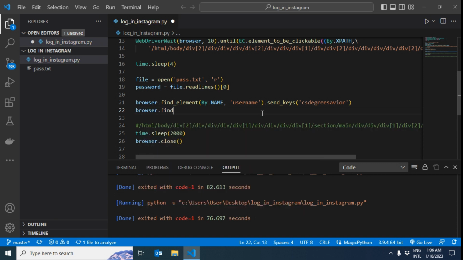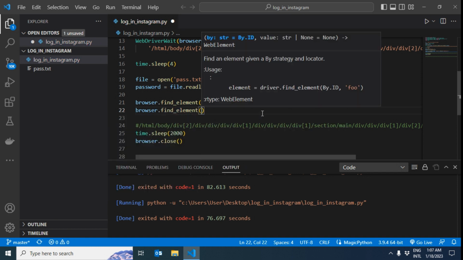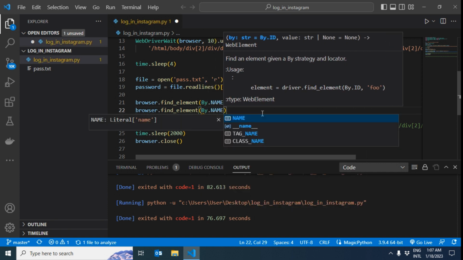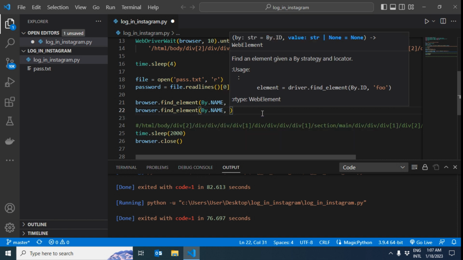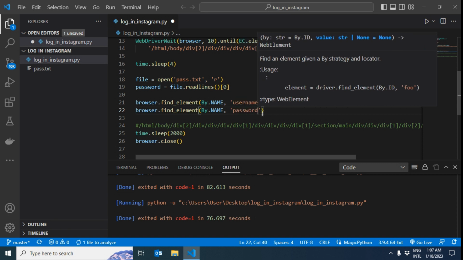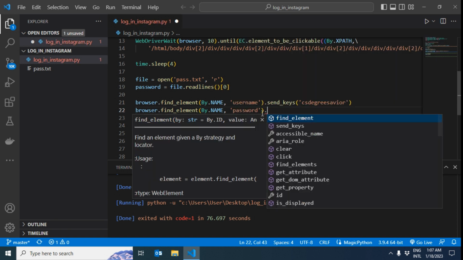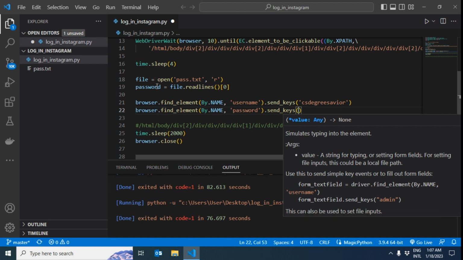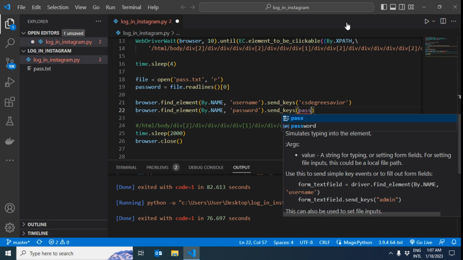with find element. We again filter by name. Here the attribute has value password, and to this object with attribute name password, we want to send keys our password that I read from the file password,